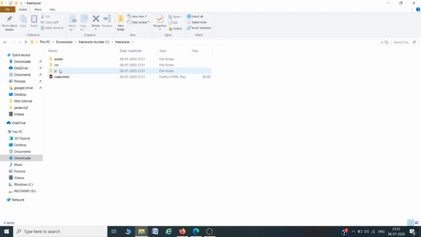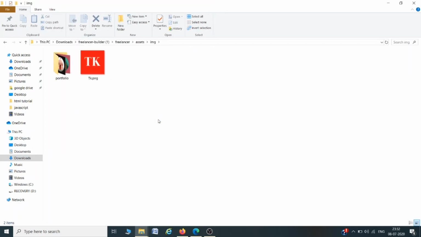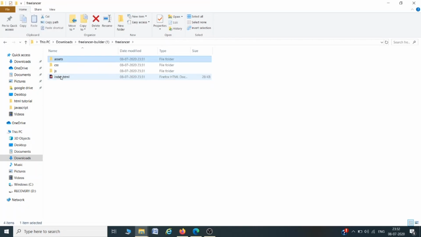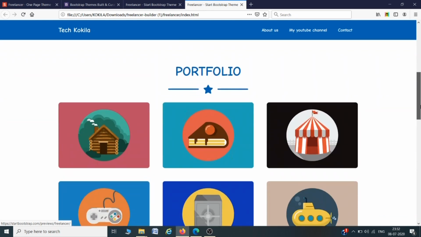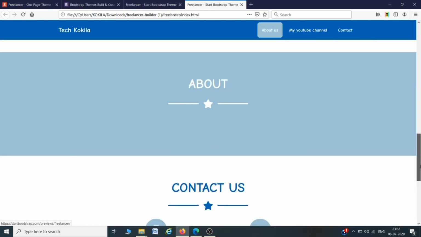Now the second thing is JavaScript, it has all the files, your JavaScript files, which are used by the main page, home page, right? Then the CSS, where all the CSS files, cascading style sheets are available, which are used by the index page. Assets basically are images which are used by the website. Now if I want to see, this is my website. It looks like this. Fine.